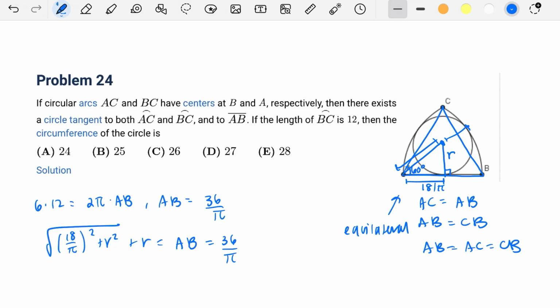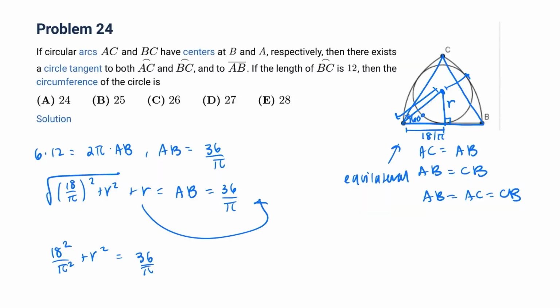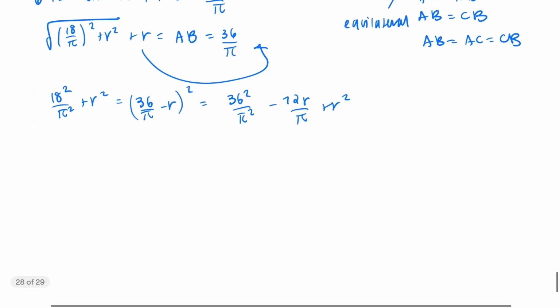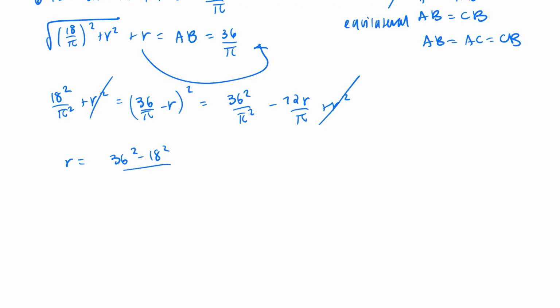So if we move r to the other side and square, we get 18 squared over pi squared plus r squared equals (36 over pi minus r) squared, which equals 36 squared over pi squared minus 72r over pi plus r squared. We can cancel out the r squared, and we get r equals (36 squared minus 18 squared) over pi squared times pi over 72, which equals, using the difference of squares formula,